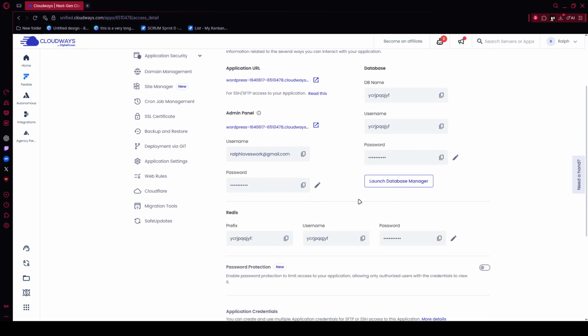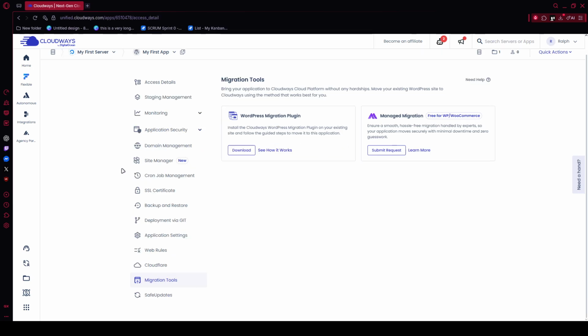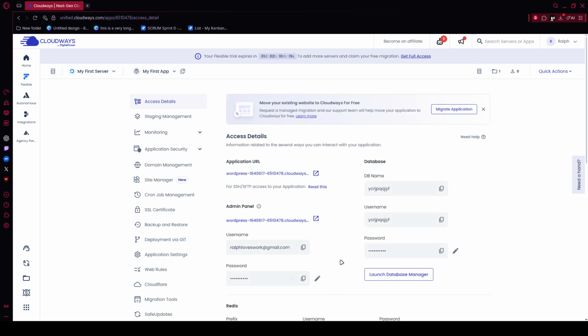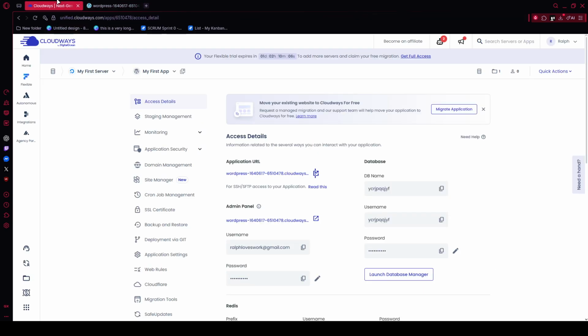During that window, your site may briefly show a service unavailable message, so it's best to do this during low traffic hours. Once the update is complete, you should see a successful package update message in the dashboard. Don't stop there. Open an incognito window and visit your live site. Check key pages, test forms, go through any important user flows, and log into the admin area. If you run an online store, test a sample transaction path as well. Finally, review your error logs and make sure everything is stable. That's how to safely change the PHP version in Cloudways and verify that your site is running